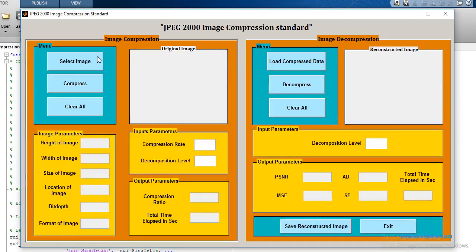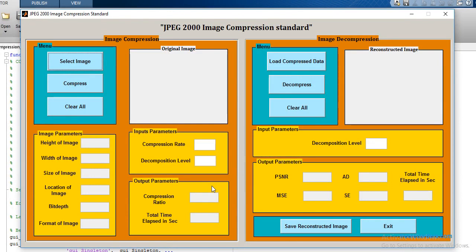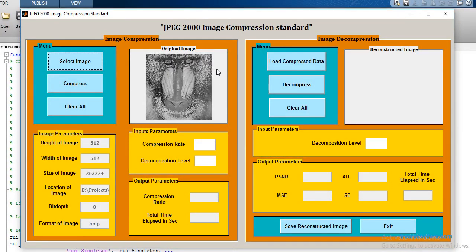Now just click this button to select an image for compression. I'm going to select this baboon image, baboon.bmp. Just click on open. Okay, so that image will be displayed over this axis. These are the various image parameters.